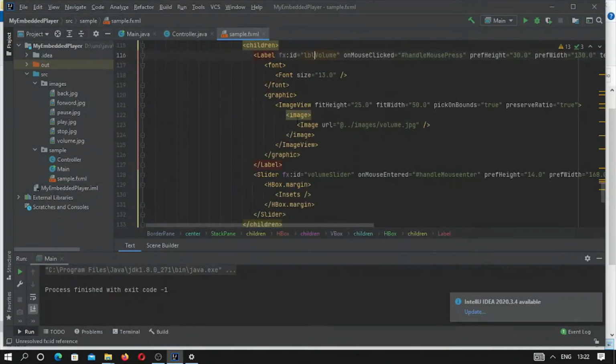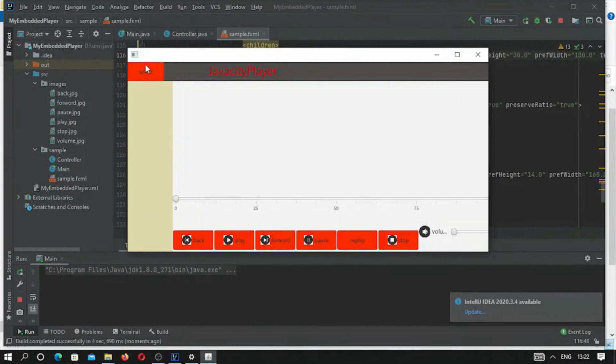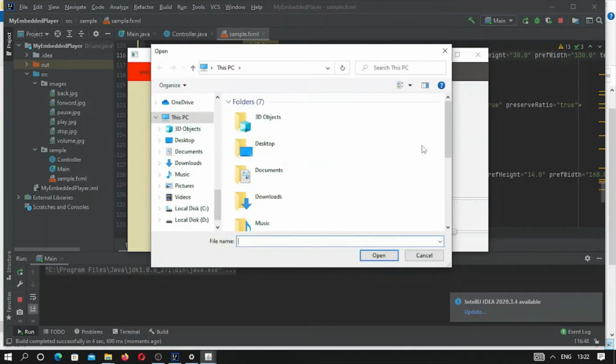Now we are going to check whether our screen is getting expanded or not. So let's run. Select, choose your media file.